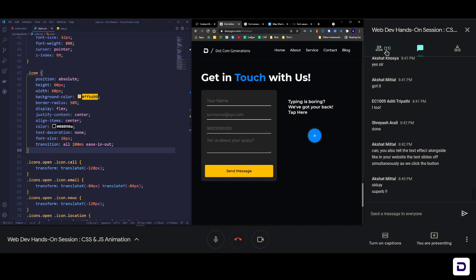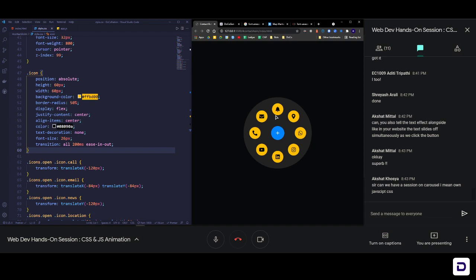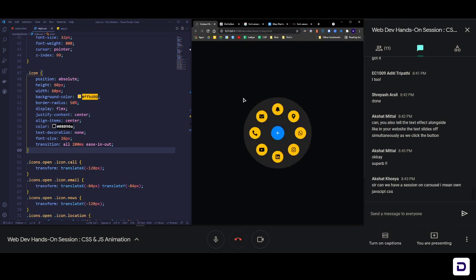Okay, so I hope you liked today's session, and we were able to make this cool animation today, with all these different icons. Now you can go ahead and customize it, change the colors and all, add different kinds of hover colors and everything, and other animations. Like in this one, the plus icon turns when you hover on it, so you can use the rotate property to turn it, and just go ahead, customize it to your own use, and use it in your projects.